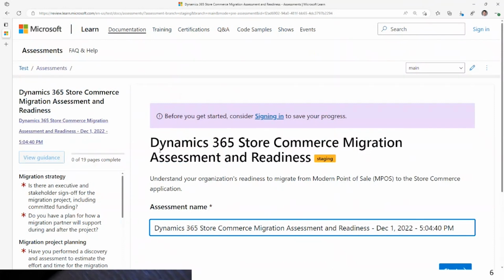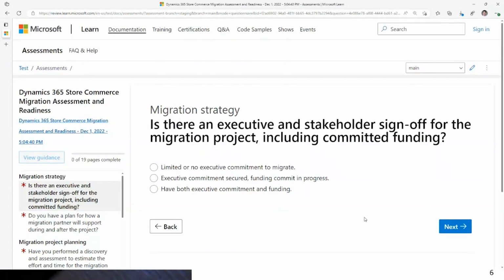This assessment so far is a series of questions that ask you very targeted aspects about your preparedness. And it's very important to be honest about where you are. If you answer the question on where you would like to be, the guidance is going to reflect that. So the more honest you are about really where you are, the better the guidance that you're going to get